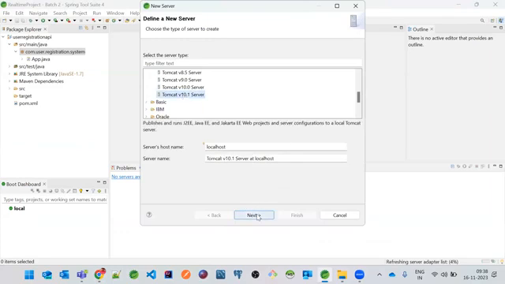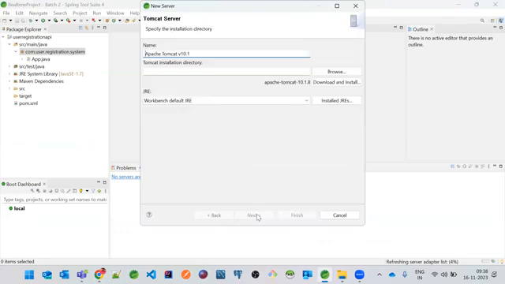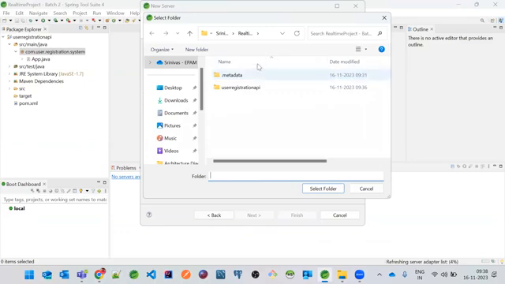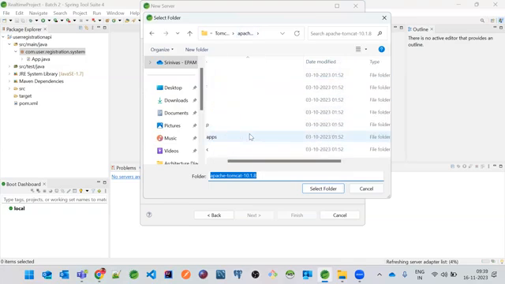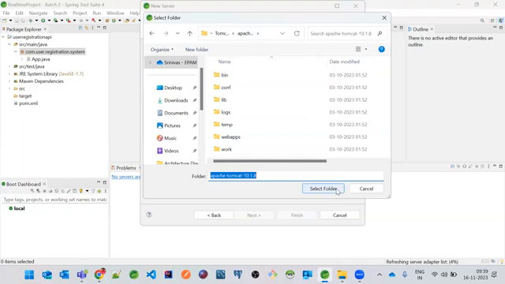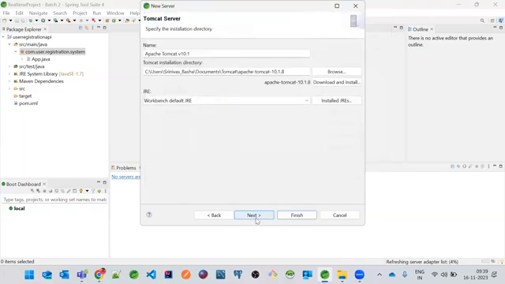And click on the next. And here you have to provide the Tomcat installation directory. That means the home page. Okay, so here I just wanted to copy paste it. So you need to select the folder where the bin, conf, lib, logs, temp, webapps, work, everything is there. Okay, select the folder, and then probably it will give you the option for next.